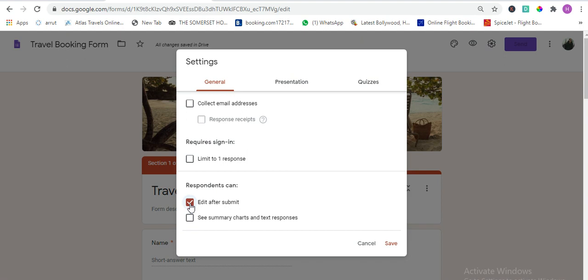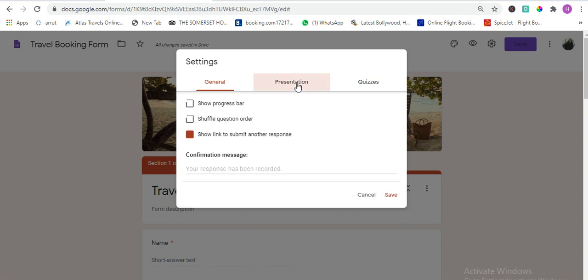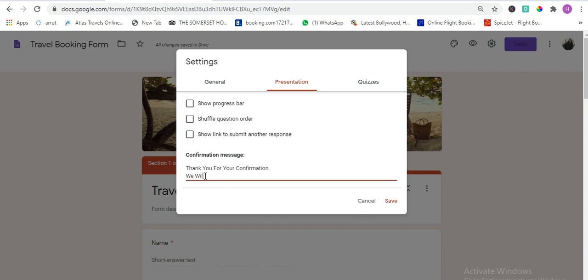Okay, and then we come down to the presentation, show link to submit another response. We are going to remove this because we need only one response from them. We don't have to ask them to resubmit their response again and again. And here you can write your message as: thank you for your confirmation. We will contact